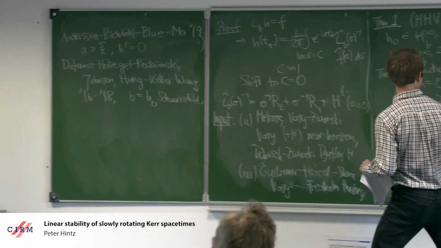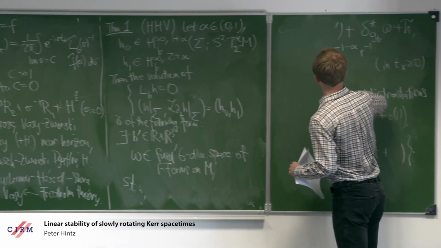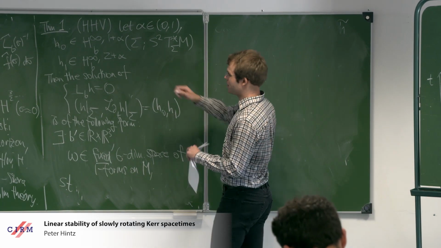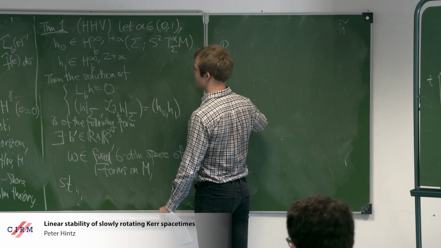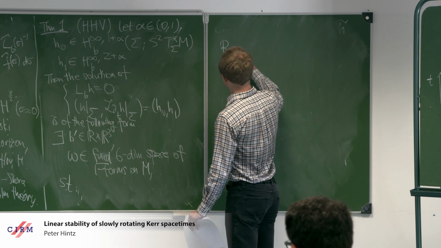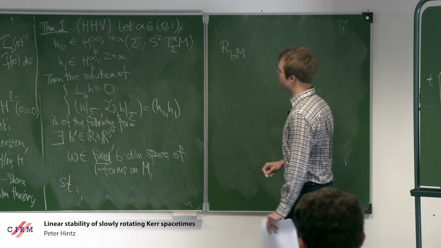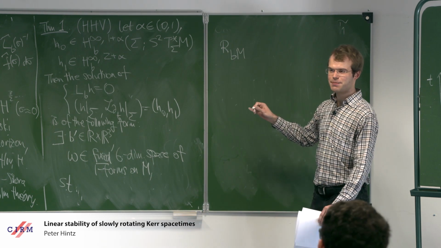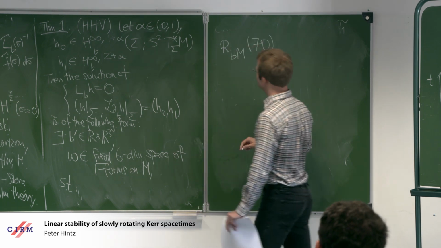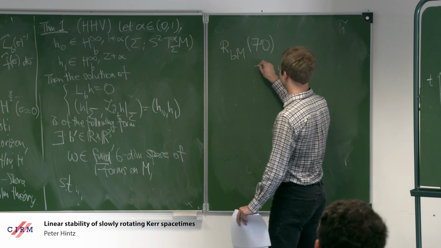Something very funny happens, very intriguing. Namely, the main part here is to study the resolvent. So let's call it the resolvent for black hole parameters B on spacetime M. OK, so 0, I told you, is a special place, but it turns out that the spectral parameter 70 is much more interesting. And so it